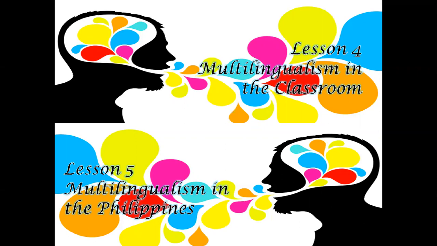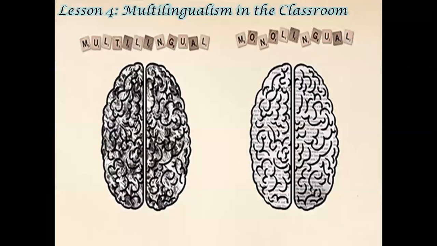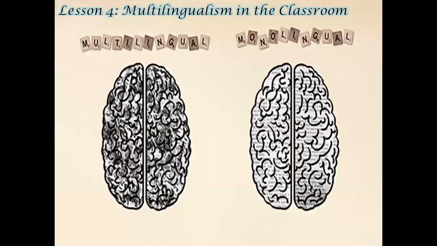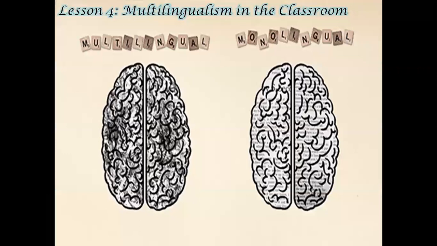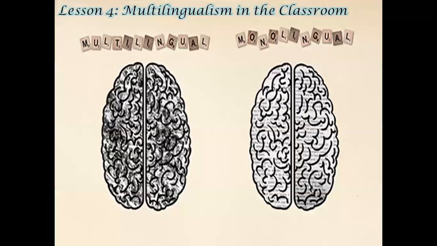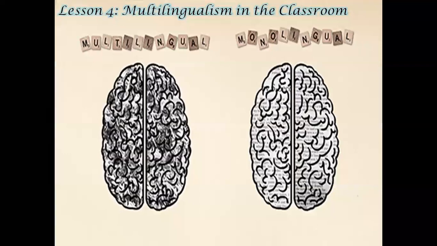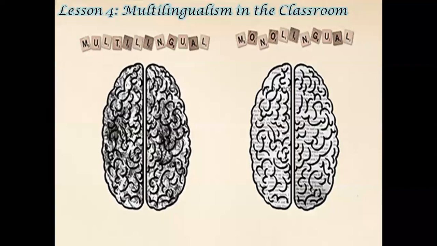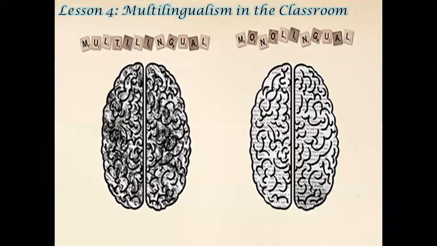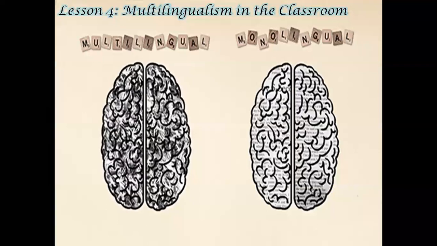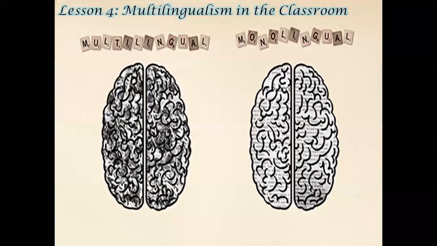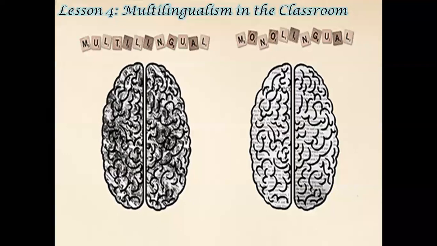To start with this lesson, I have here two different images of a brain. The first one says the individual who has this brain is multilingual. And then the second one is just monolingual, wherein wala namang problem kung monolingual lang yung individual. But at some point, pag sinabi kasi natin na mas madaming kulot yung brain, mas nagpa-function, so mas matalino daw yung individual.